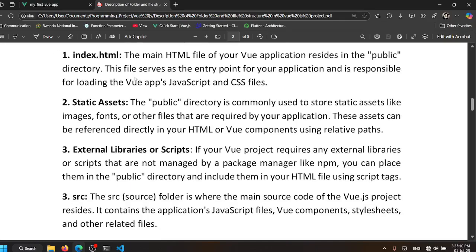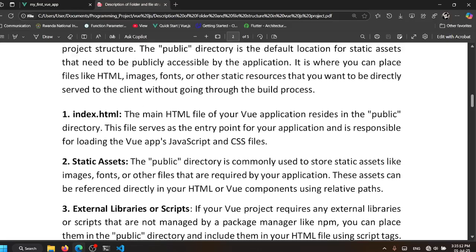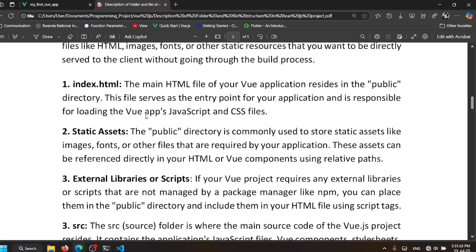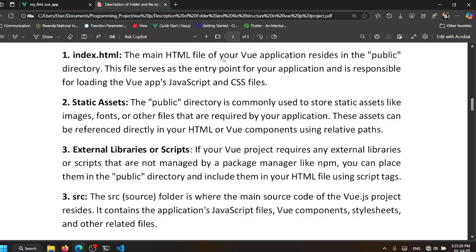The first element found in the public folder is index.html. The main HTML file of your Vue application resides in the public directory. This file serves as the entry point for your application and is responsible for loading the Vue application JavaScript and